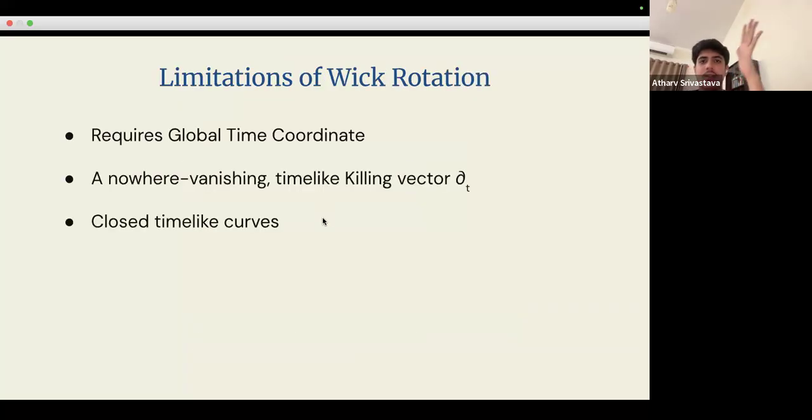So there are some limitations of a Wick rotation. The first one being that it requires a global time coordinate, because if time is not defined everywhere, then it doesn't make sense to rotate time into the complex plane. And then killing vectors, which I will get into in the next slide, and closed time-like curves, which is where time loops back onto itself. And so then you can go back to the past, and time travel is possible, but in that sense,